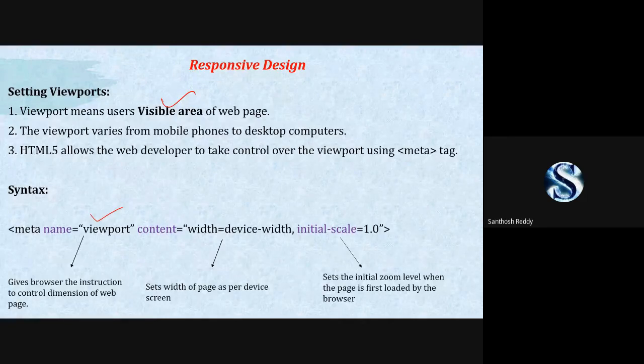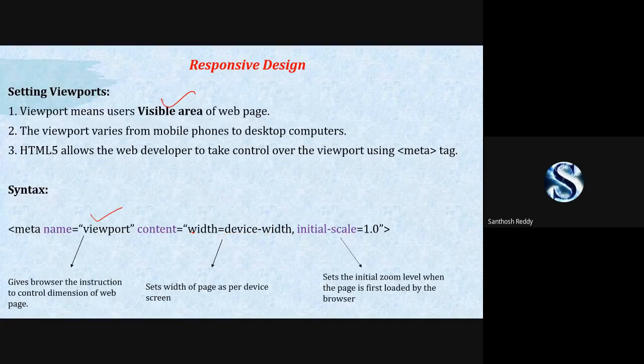Next, content is equal to width is equal to device width. In the sense, it specifies the width of your device, whether it can be a OnePlus, a Samsung, or a laptop. It is left to the code. It specifies the width of your system or device.